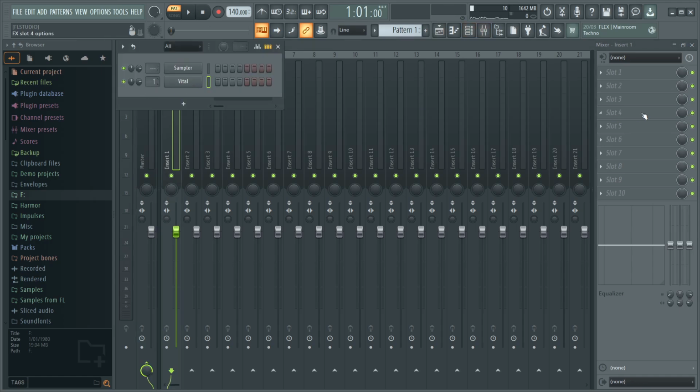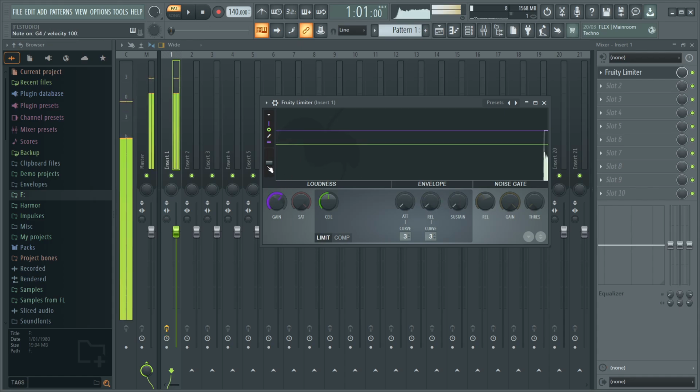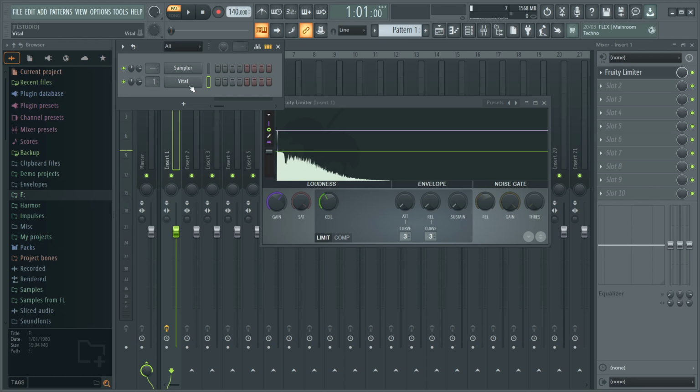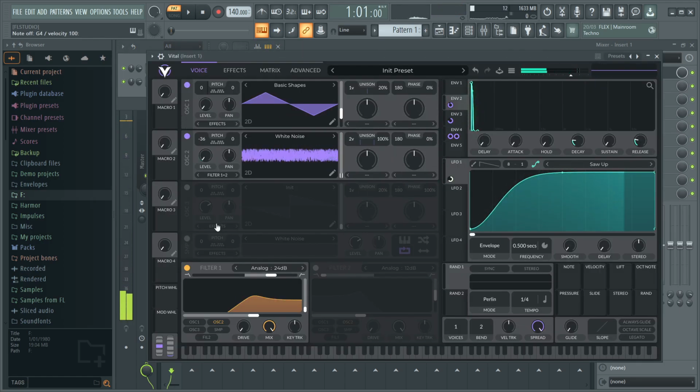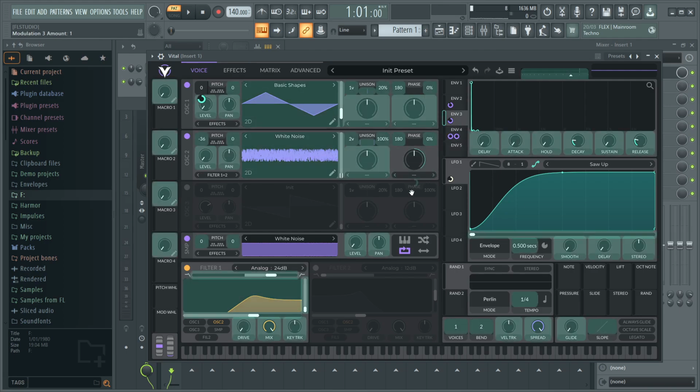Then you just set this to a mixed track. I just like to use free limiter for this. I'm just going to clip off any transient we don't need. Another thing we can do, we want to click here transient, so we can turn on the white noise sample oscillator, and we can give it a new envelope, or what I usually do is I just use the same envelope that's controlling the pitch of oscillator 1,